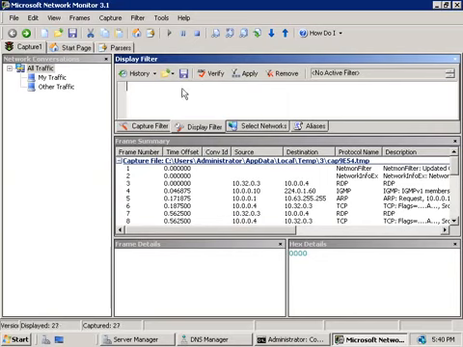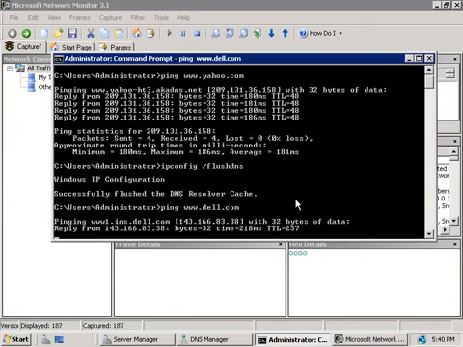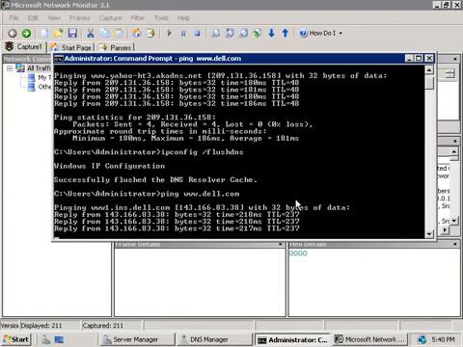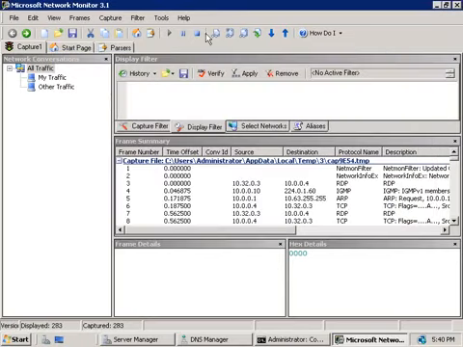So let's go back to our command prompt, and we'll ping another host, and let's use Dell's website as an example. Now, it doesn't really matter whether we actually get a response here or not, which we obviously are. As long as we see an IP address here, that's good enough for me. All right, well, our ping was successful, so let's go and stop our capture by clicking on the stop button